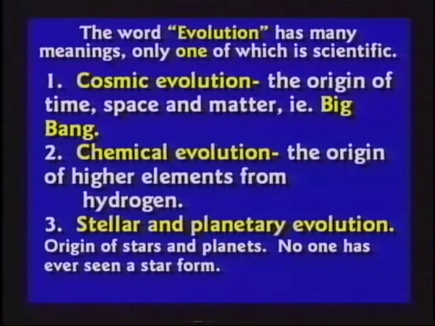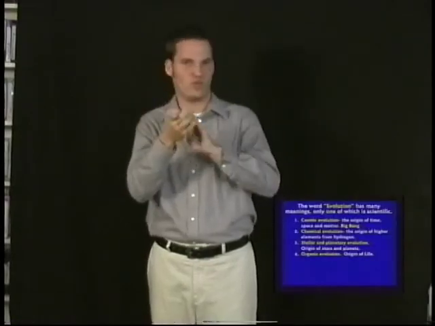And nobody's ever seen a star form. We see them blow up all the time. And yet there's enough stars out there that everybody on planet Earth can own 2 trillion of them to yourself. Those are the ones we know about. We don't know about the ones we don't know about. Then we'd have to have what we call organic evolution, the origin of life. Nobody has a clue how life